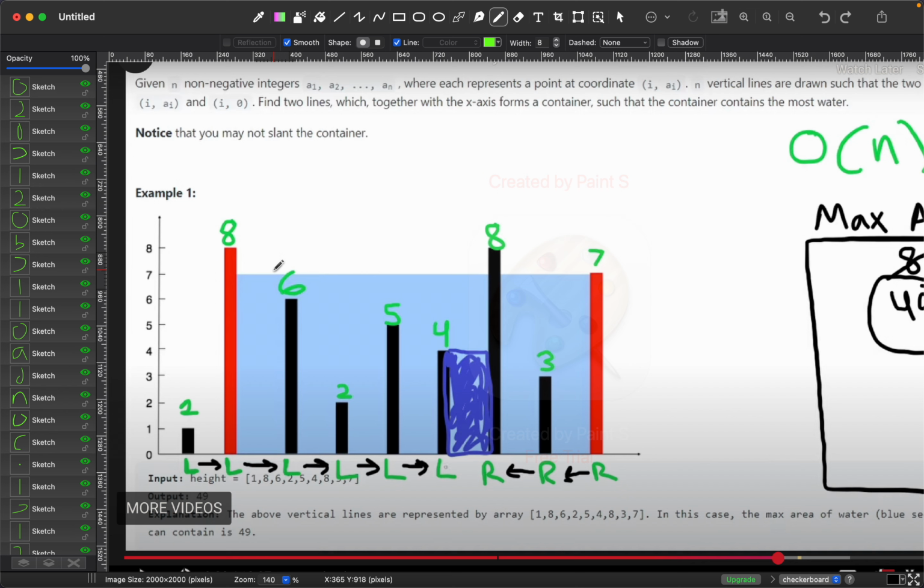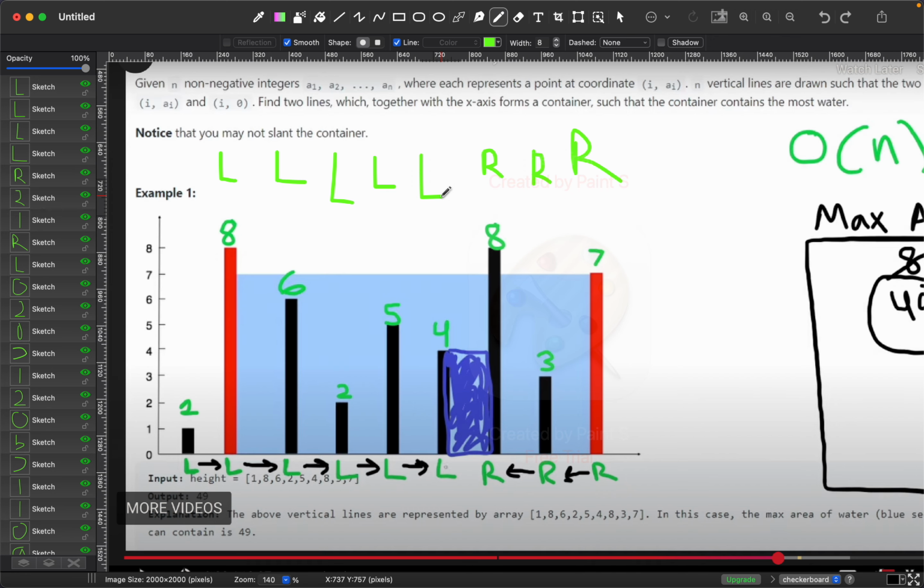So what we actually compare is both the L and the R, right? Which one is bigger? That's our conditional statement. L is bigger, so we move the R. Which one is bigger now? L is still bigger, so we move the R. Which one do we think has a bigger area? I think L, so we move the L. Which one is taller? I think the R is still taller,